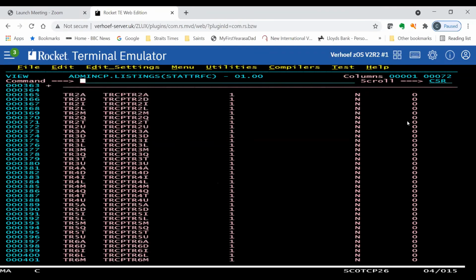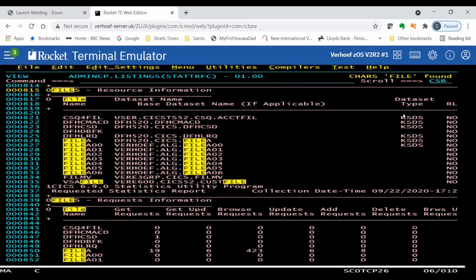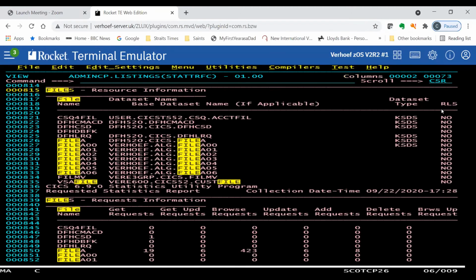If I do a find on file, you can see it's got all the files listed here. So it tells me the data set type. I'll just go across. It gives me whether I'm using record level sharing. You see there's no coupling facility being used here for that. And all the way down, I can see what type of requests are happening.